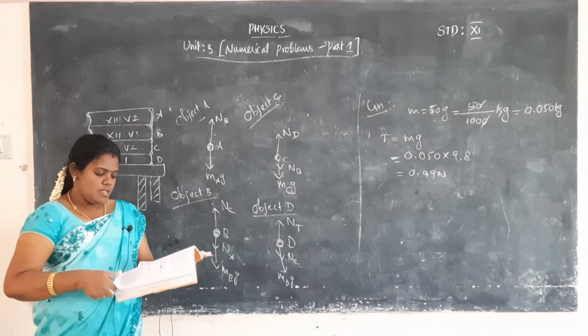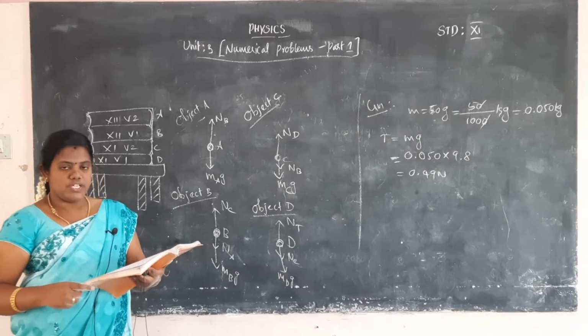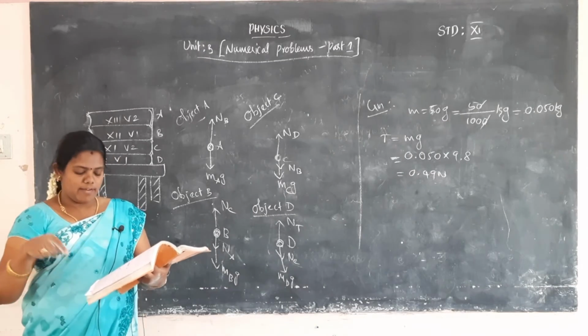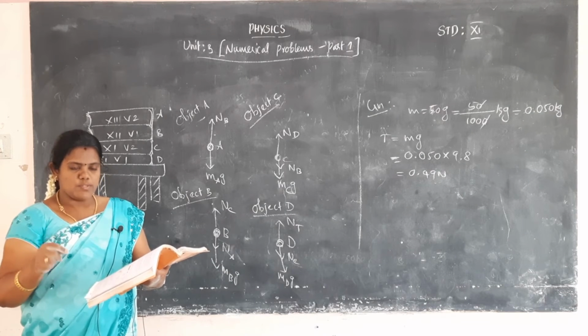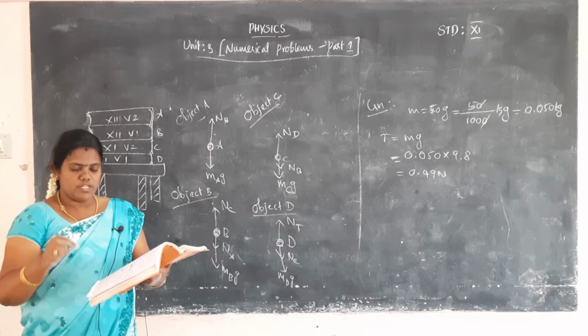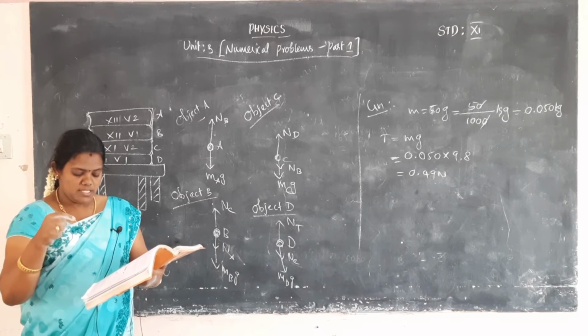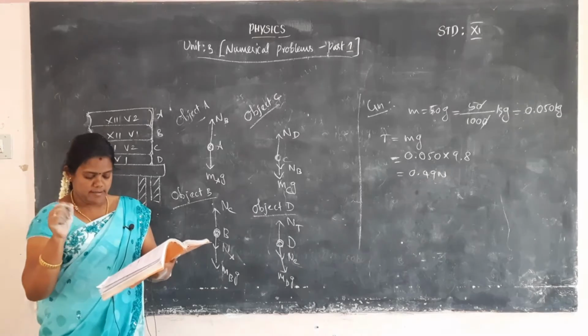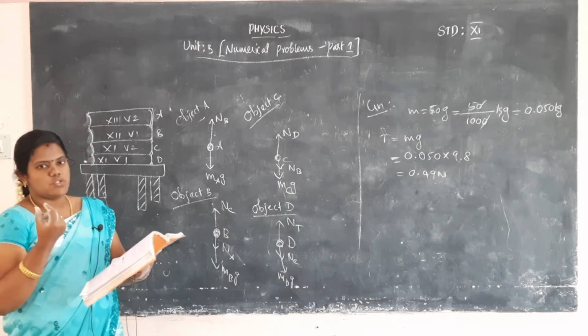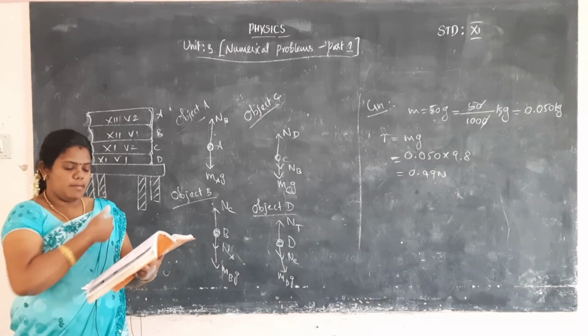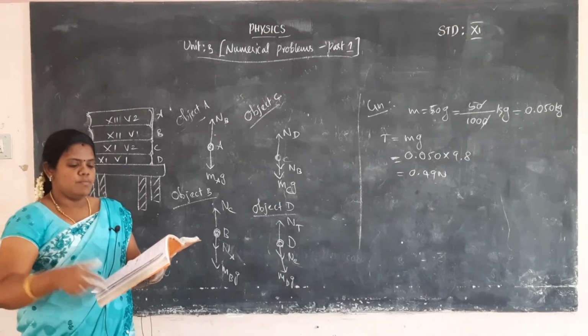Then the fifth problem. A bob is attached to a string and oscillates back and forth. Resolve the forces acting on the bob into components. What is the acceleration experienced by the bob at an angle theta? One bob will be attached to the string, and the string will oscillate back and forth.